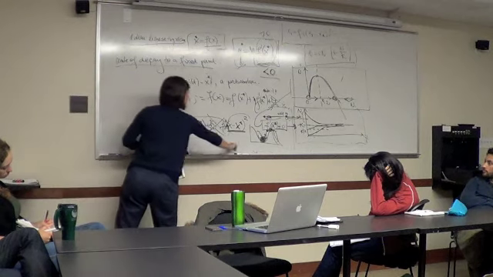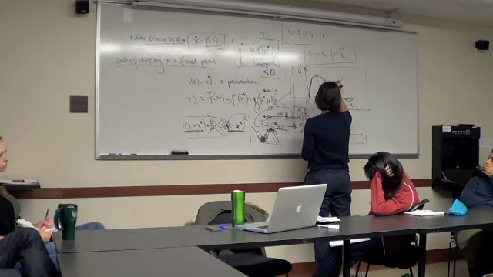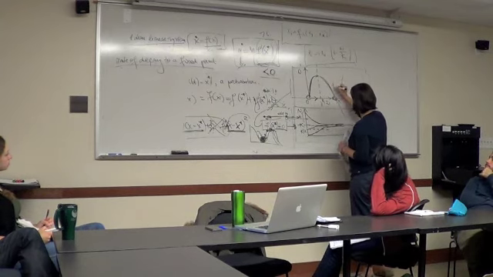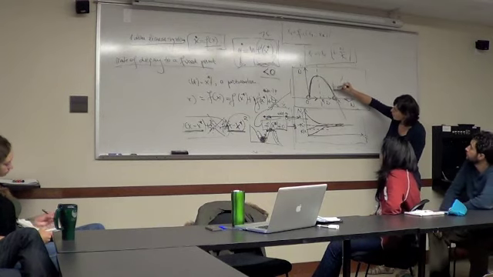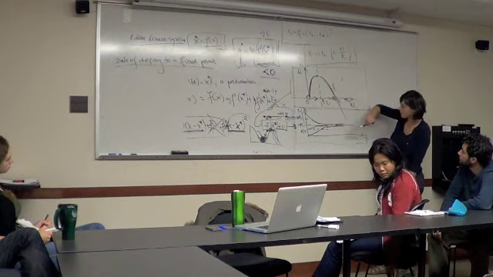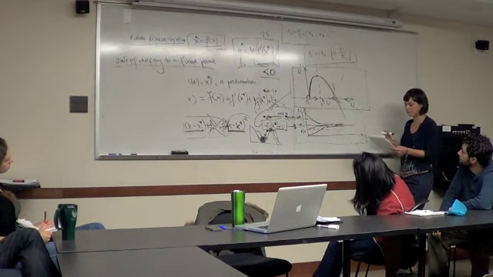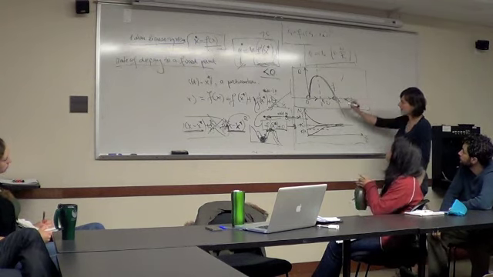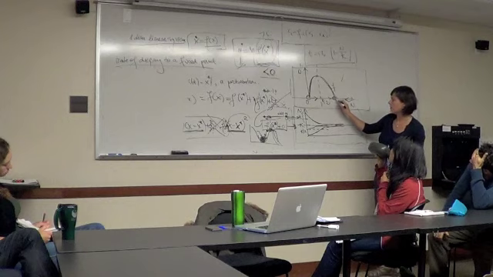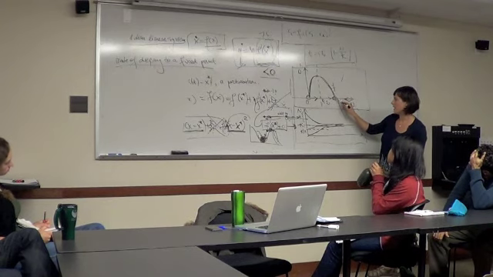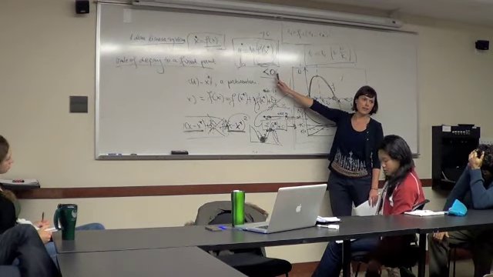So if we go back to that graph over here, this is our function f, right? We see that at the fixed point, what is the slope of this function at this point? It's negative. So if it's negative, what does this say about the stable point? If we have negative here, that means it decays, right?